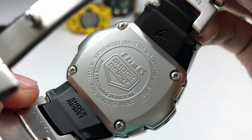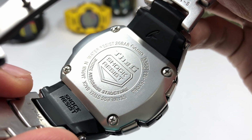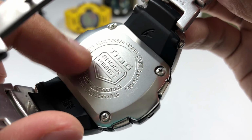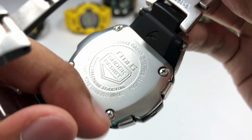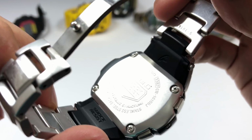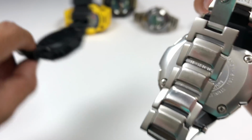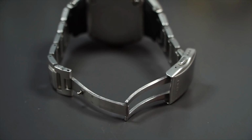Right, this is the Casio 3382 module GW-1610BJ, again stainless steel back, Japan H, water resistant 20 bar, and the G series shock resistant and shock absorbing structure, matte finish backplate with 4 screw lock on each corner. The size of this screw is actually a little bit bigger compared to the one on the regular model. There you go. Right, okay, next thing is you'll see that the backplate is indeed covered the entire back part